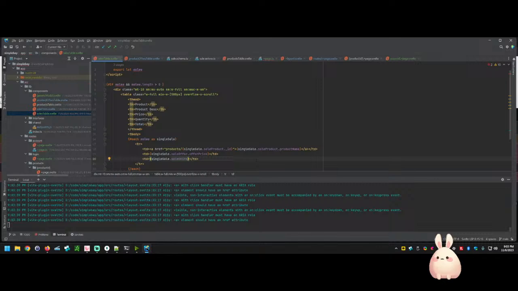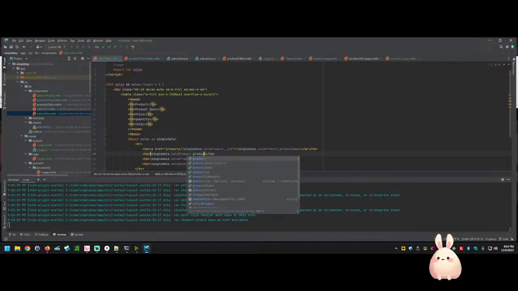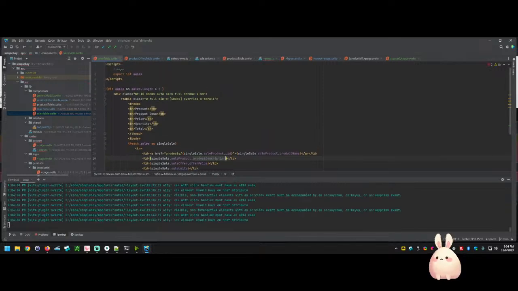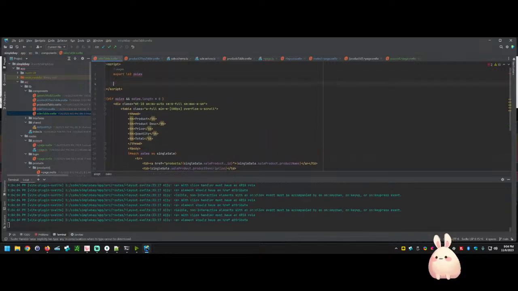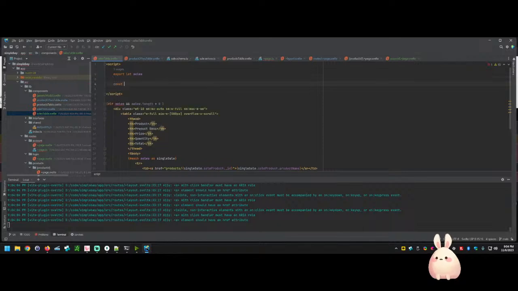I think I'm missing something. Yeah, I'm totally missing something. I fat fingered something. I deleted the description in the process of doing that. So we'll just re-grab you, paste you here, and then do .product description. Awesome. And last thing for total is we'll use a little function up here called calculate total,